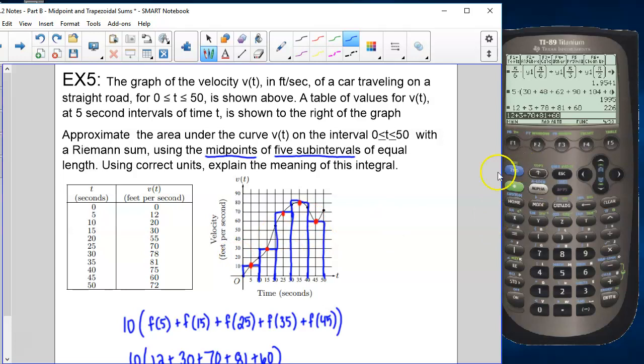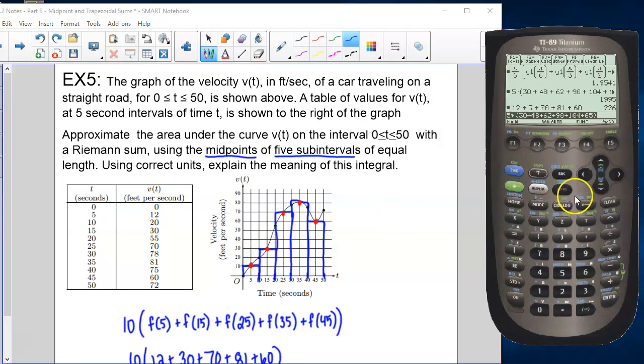Oh, good gracious. You're right. Let's try that again. Let's go up here and see if we can fix that. Okay, never mind. 253